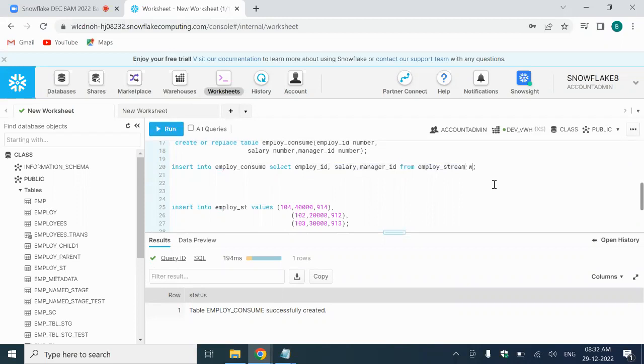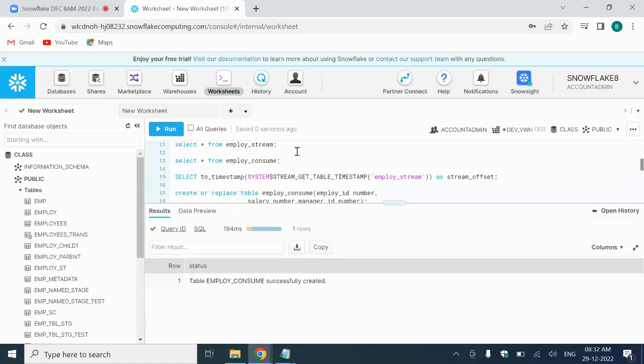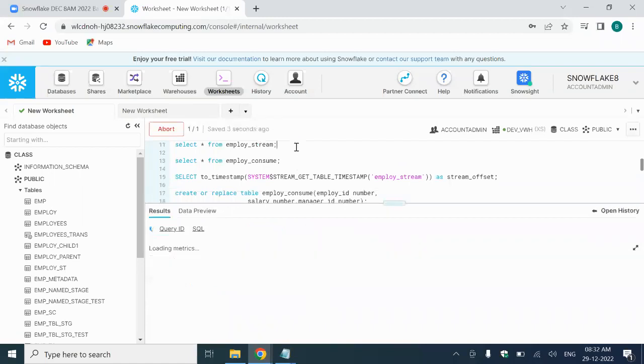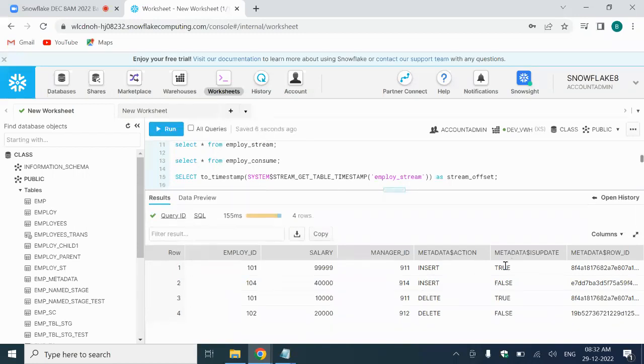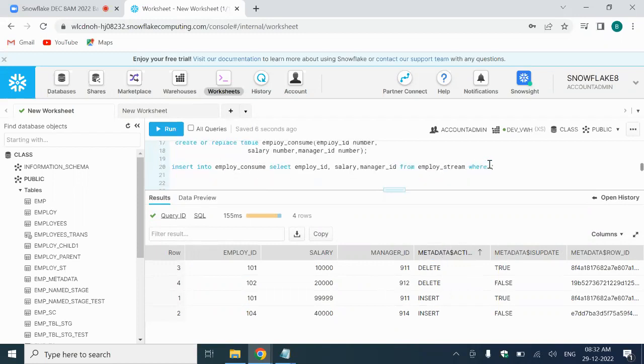We'll give a where condition, where we require only the change before the update. Before the update, what will be the value? Metadata$ACTION will be DELETE, right? So where METADATA$ACTION equal to DELETE,